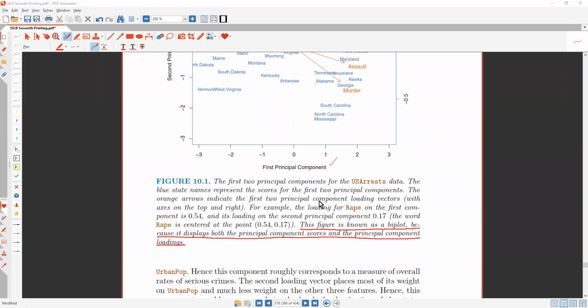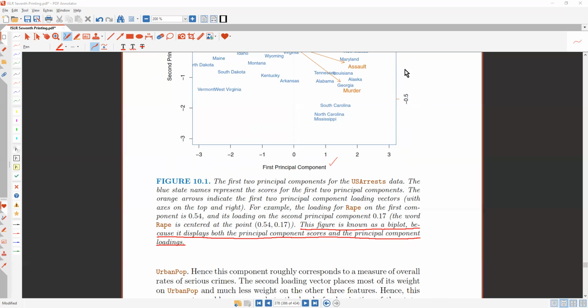So that's what they're saying here. The blue state names represent the scores for the first two principal components. So those are the scores on those first two components. That's what those state names represent. The orange arrows indicate the first two component loading vectors with axes at the top and right, which is what